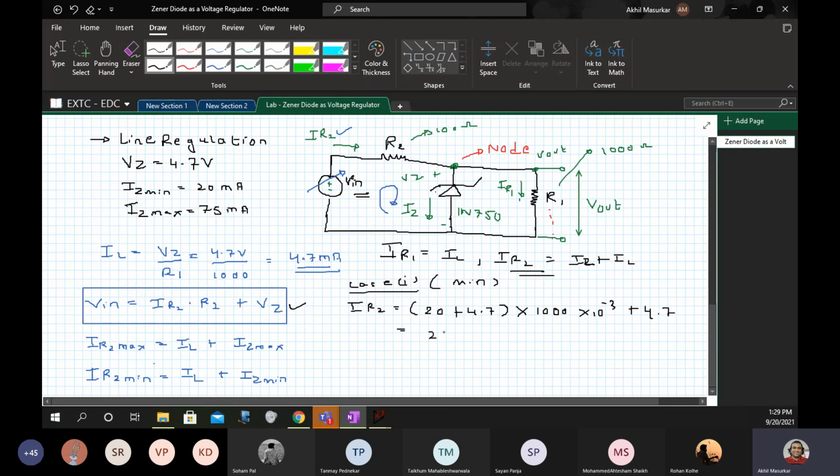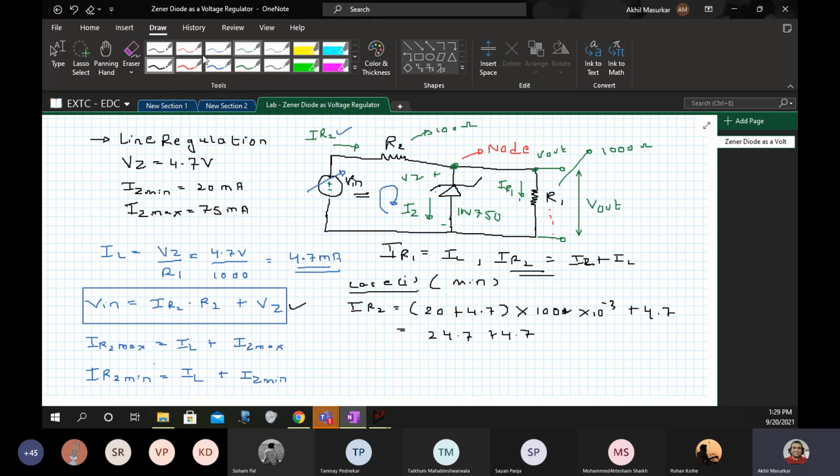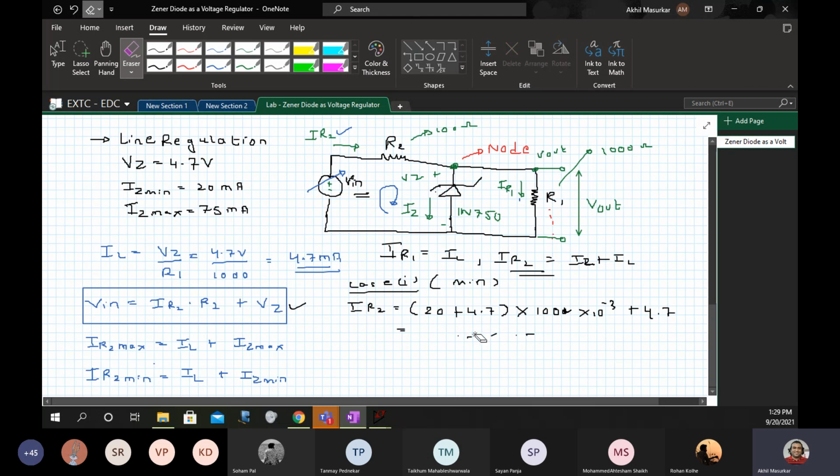So this is 24.7 milliamperes into 100, sorry, this is 100. So this will be 2.47 plus 4.7. So that is going to be 7.17 volts.